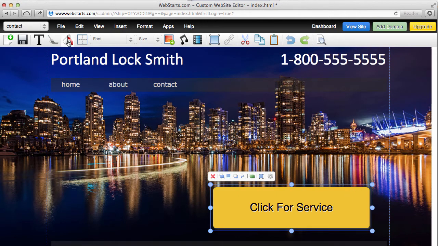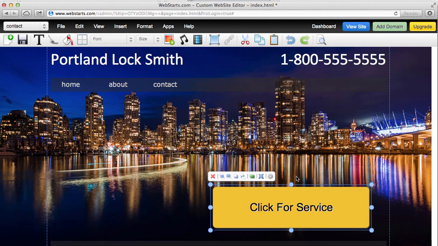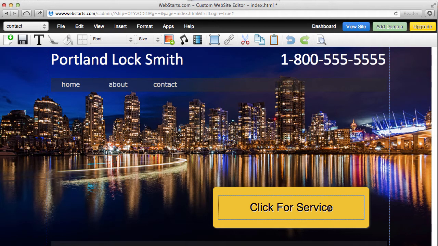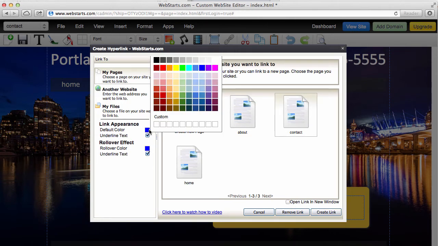So if I want, I can remove the border from this button, or I can of course change the border color or whatever. But that's about it. Now all I need to do is link this button by selecting the text and then clicking on the hyperlink tool, and then link it to whatever page I'd like it to go to. So for this example, I'm going to send it over to the contact page where I'm going to create a